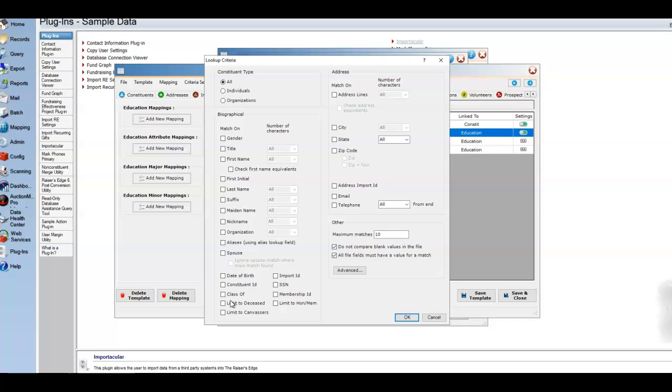So for example, we could do class of and last name and make that a poor match, and that way we could find everyone who graduated in the year 2020 with the last name of Smith. Now, that may not help us find all of our alum, but it might help us identify some. So similarly, we could do class of and first name. And then we could find everyone named Ashley who graduated in the year 2012. Now, Ashley may have changed her last name and her first name may remain the same, and that can give us a way to potentially identify those people where otherwise we might not be able to find their record in